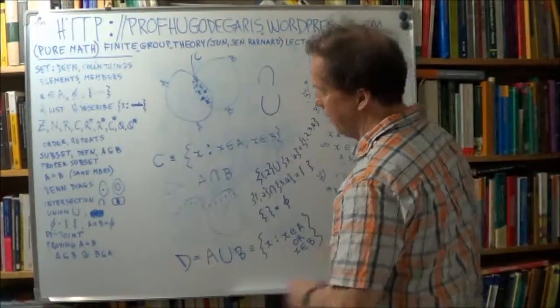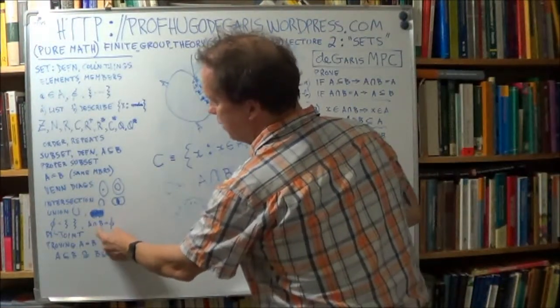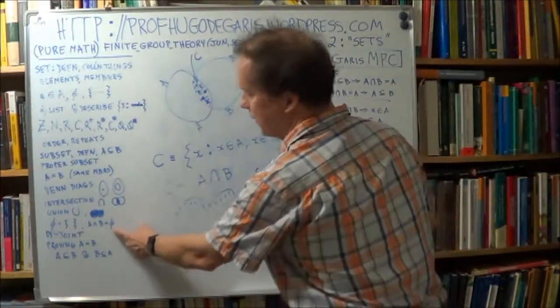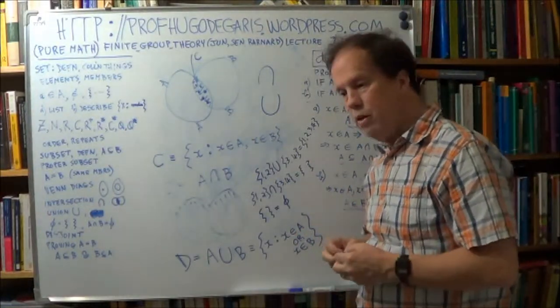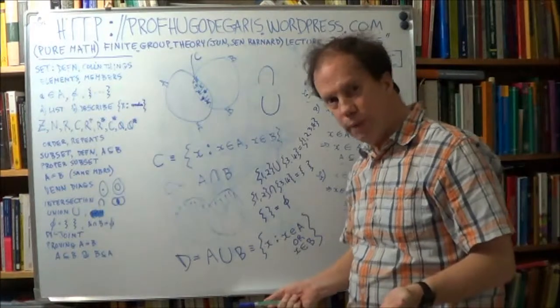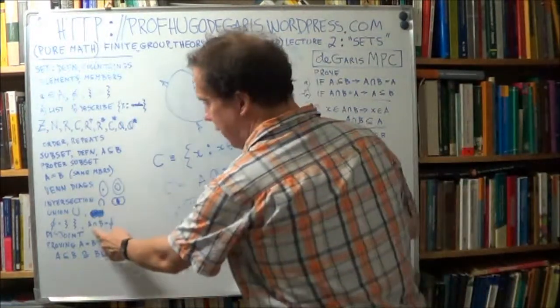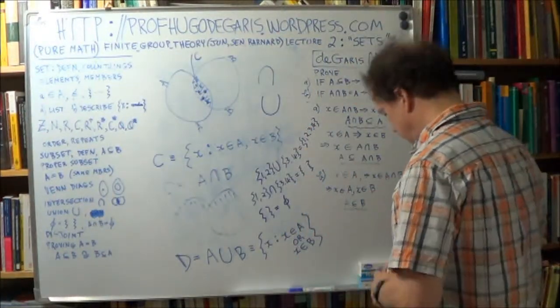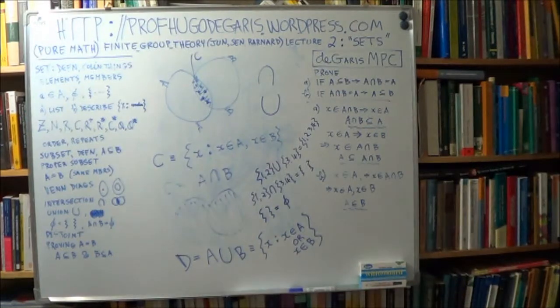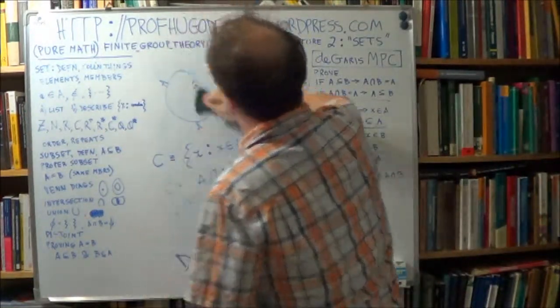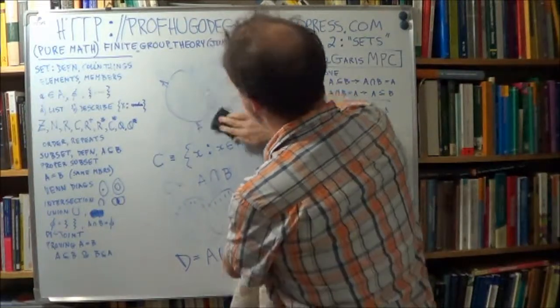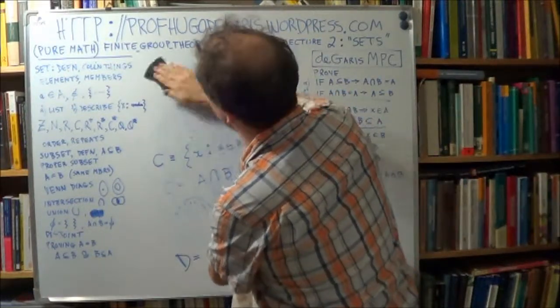Now, if the intersection of two sets is the empty set, what do you know about A and B? Well, they have no members in common, right? And if that happens, two sets have no common members, those two sets